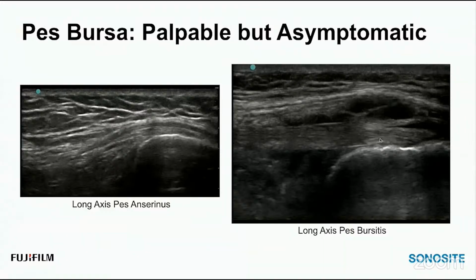And you can see all these little septations that might be hard. If you were to try to aspirate this, your needle would get trapped into one of these septations. So you might want to go ahead and attack all of these with a needle and drain them individually if they weren't communicating. You can see that with ultrasound really nicely and be able to drain the entire soft tissue fluid collection